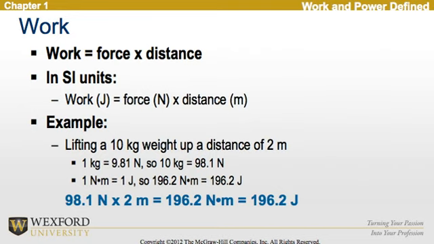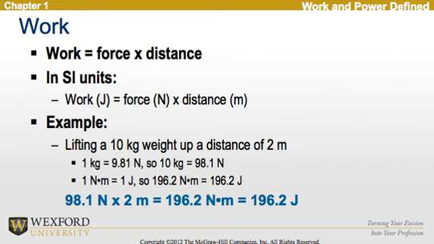Now, how we would apply this measurement is looking at an example where we were lifting a 10 kilogram weight up a distance of 2 meters. We will know from the conversion chart, which will be on the next slide, that 1 kilogram is equal to 9.81 newtons, so 10 kilograms is actually equal to 98.1 newtons. So what we have is 1 newton meter is equal to 1 joule, so